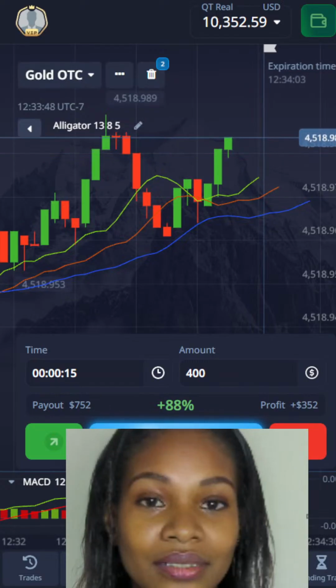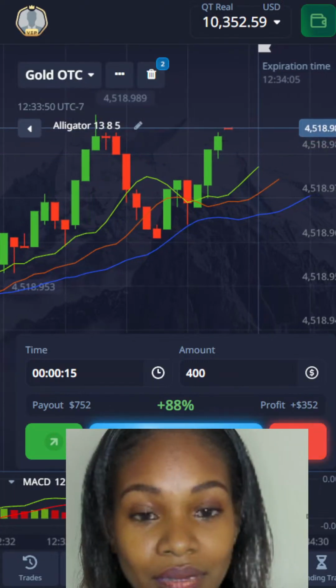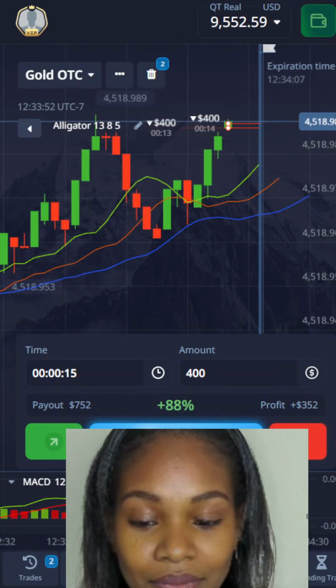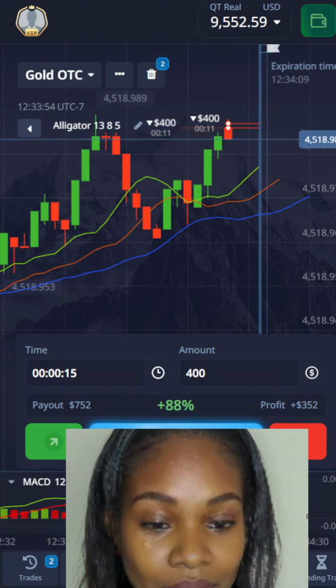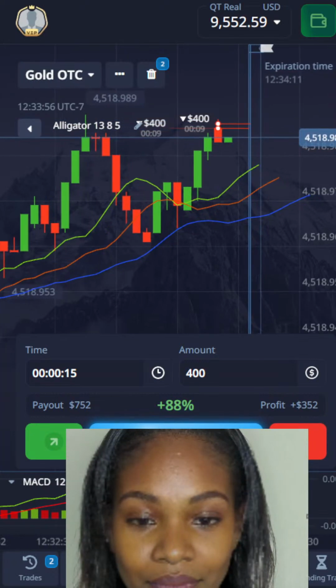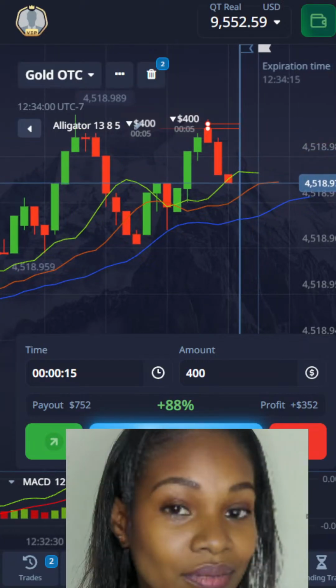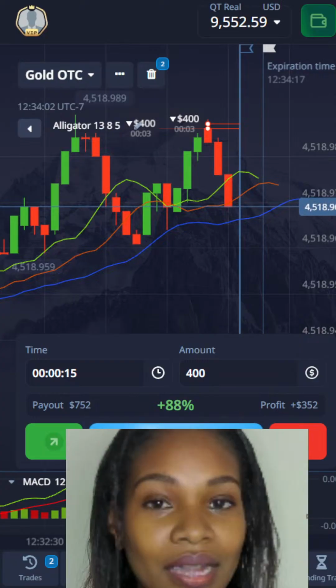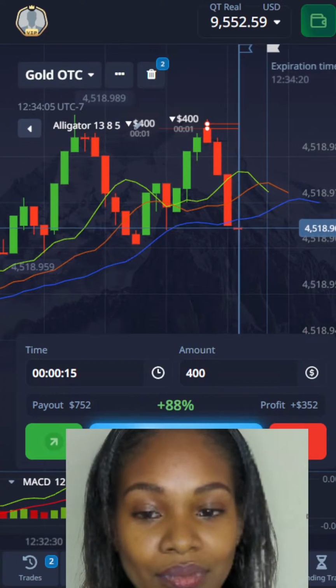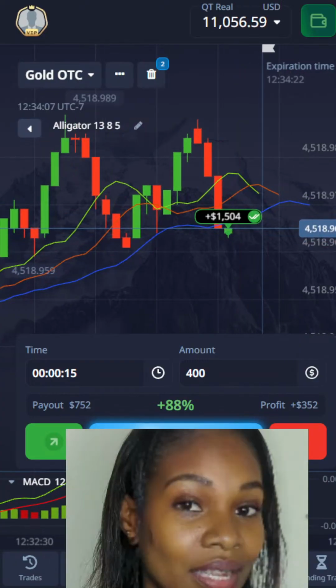We are looking at that major point that pushes the previous major higher high to break structure. That is in an uptrend. So when we break structure,